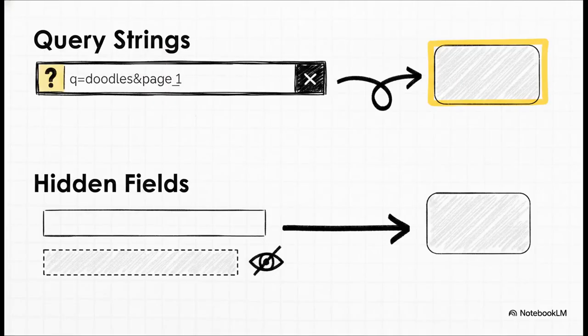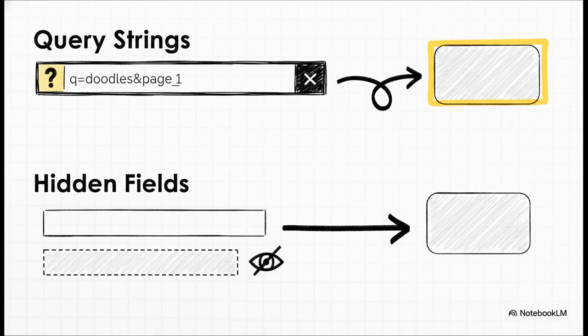Okay, real quick, there are a couple of other little tricks. You've totally seen a query string. It's all that gobbledygook in the URL after a question mark. Yeah, PHP can just grab that info using the superglobal $_GET. Then you have hidden fields in forms. They're invisible to you, but they're great for sneaking some data along when you hit submit, and PHP nabs that